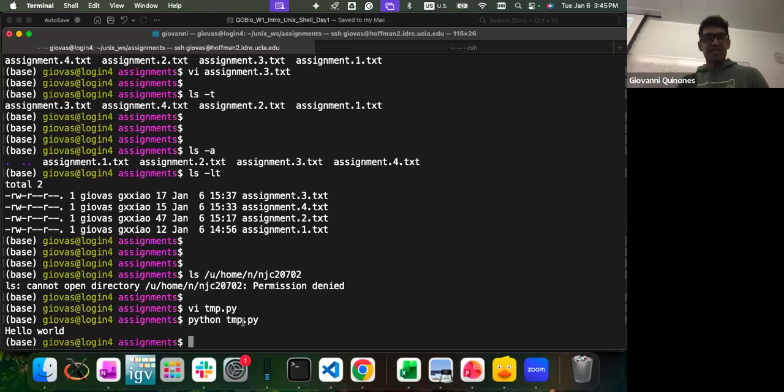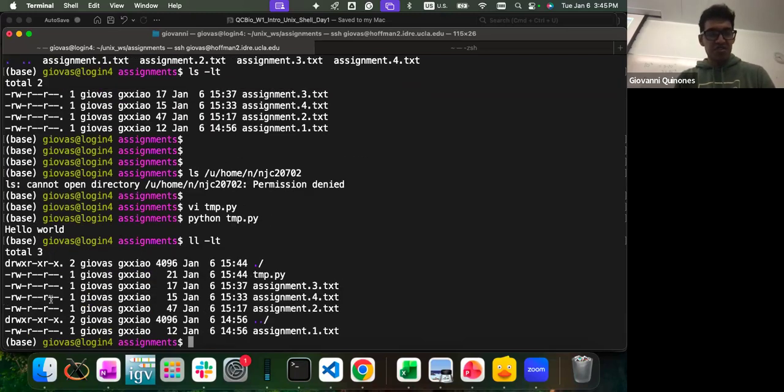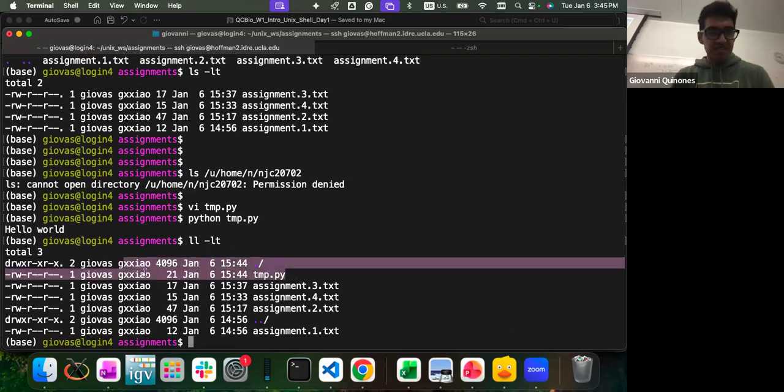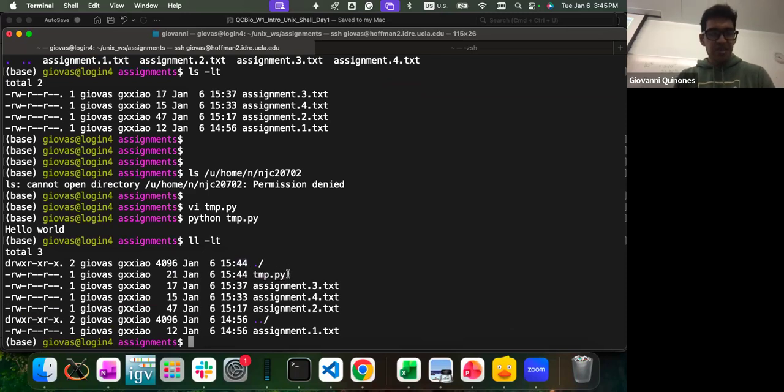A lot of times, like these Python files, they already have an execution built in. Let me see. Oh, this one seems like it doesn't have. But a lot of times these Python files don't run if they don't have the execution command.